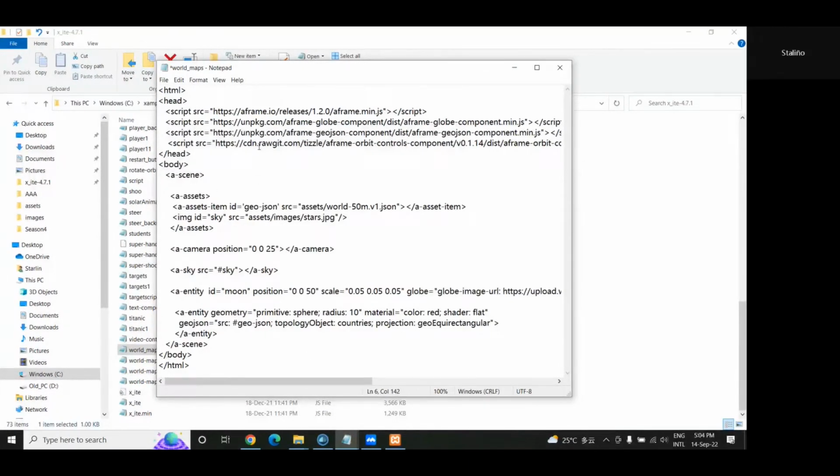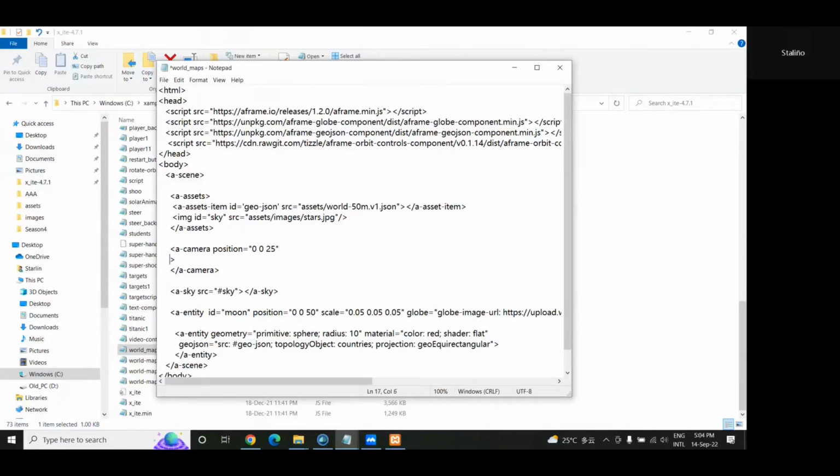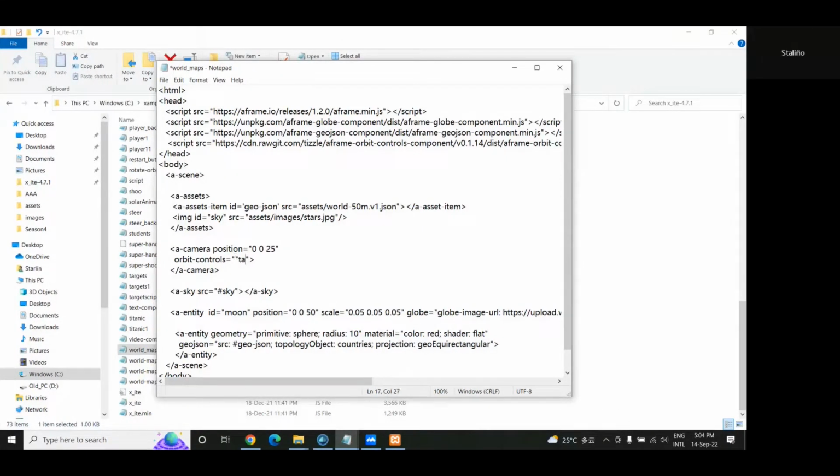So we got these orbit controls, and for these orbit controls to actually work, we need to put them inside the camera tag. So in our camera, just down there, we are going to say orbit controls. Inside the orbit controls, we are going to have a target, okay? And then this target is going to be, we want the target to be,